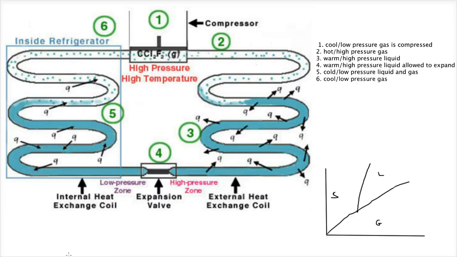This is my diagram of a refrigerator, and we're just going to go through the steps. And remember, everything in this blue box off to the left is inside your fridge, and everything else is kind of exposed to your kitchen. Okay, so in step one, we have our refrigerant, and it's a cool, low-pressure gas, and we put it through